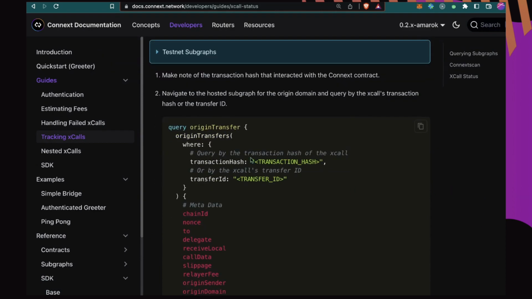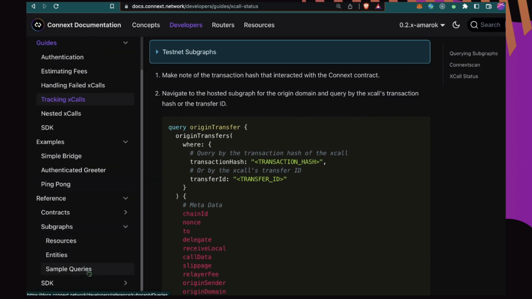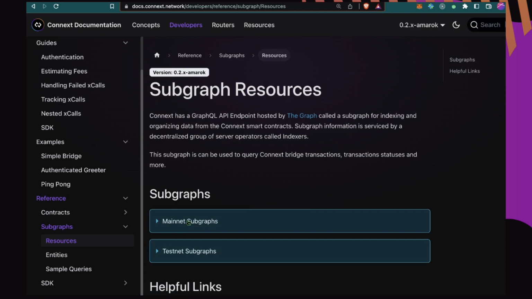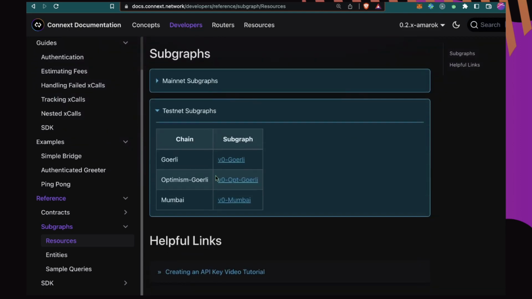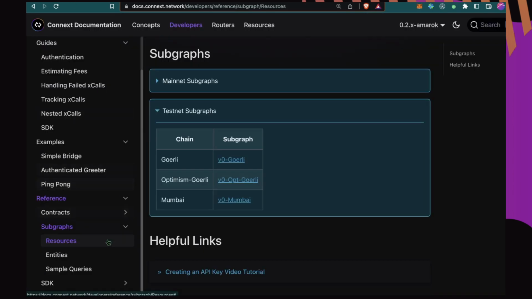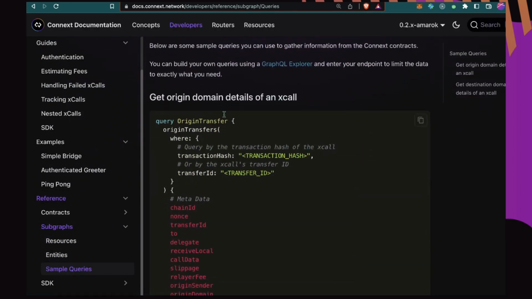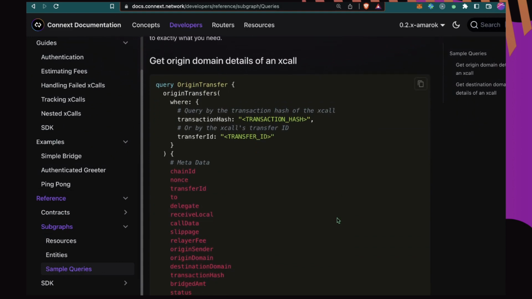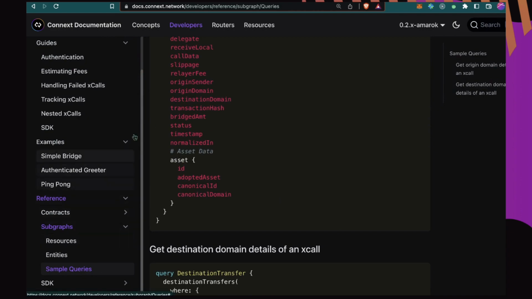So you can navigate to the reference, go to subgraphs, look at resources, and all of our deployed subgraphs are going to be here. You can do something like open the Goerli subgraph and paste in the sample query to find all of the details of that xcall. Alternatively, you can just